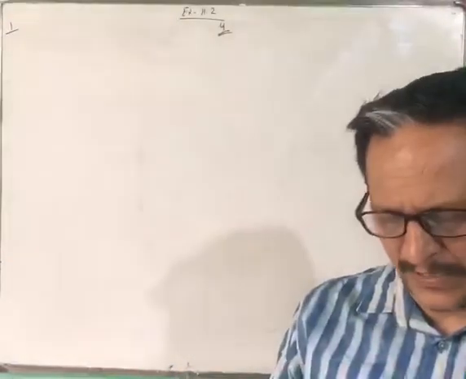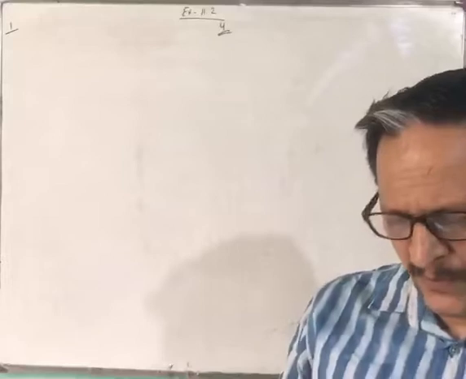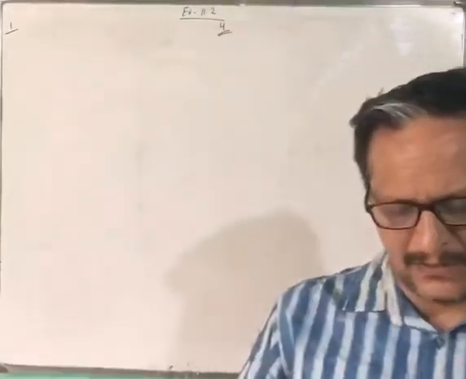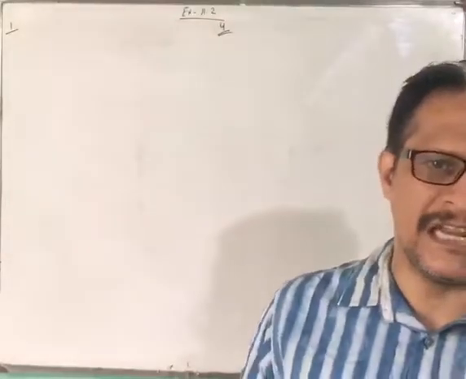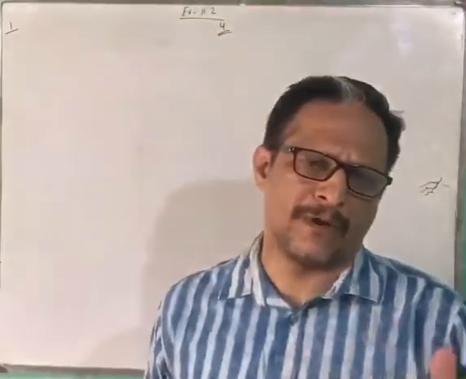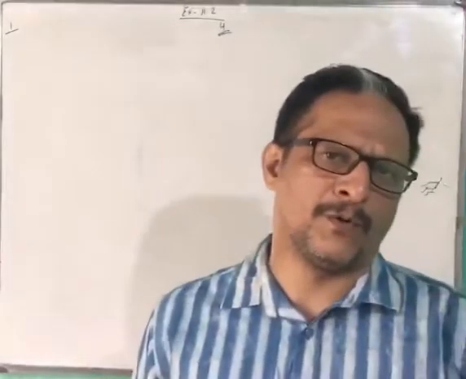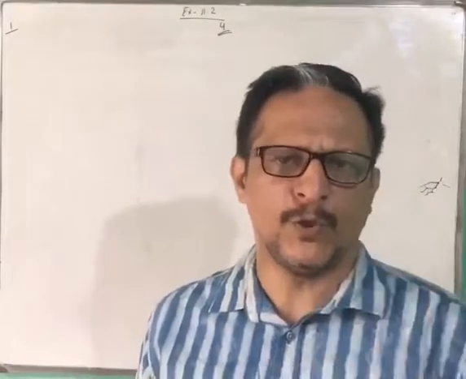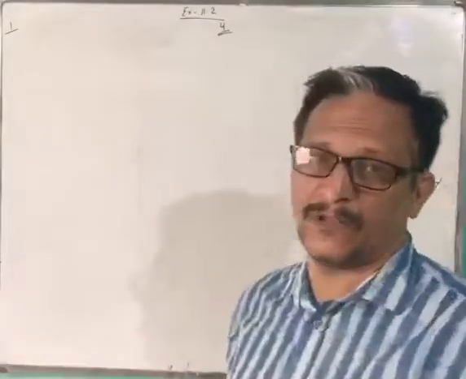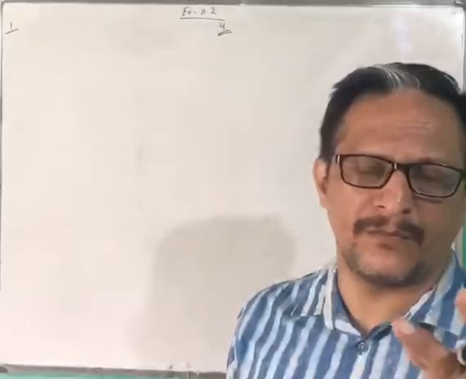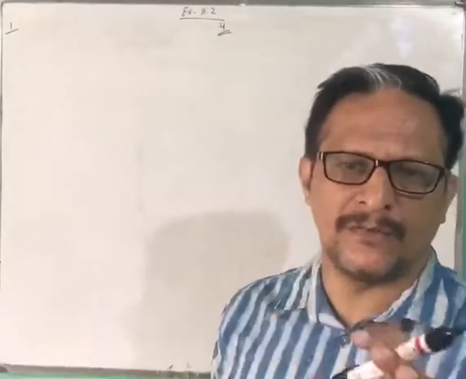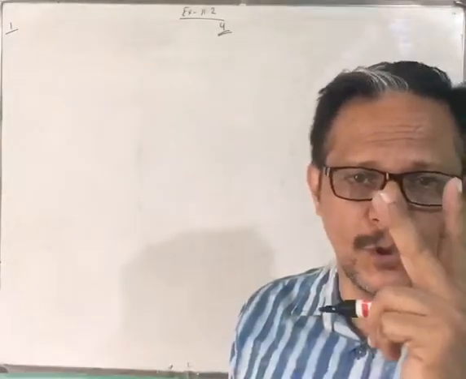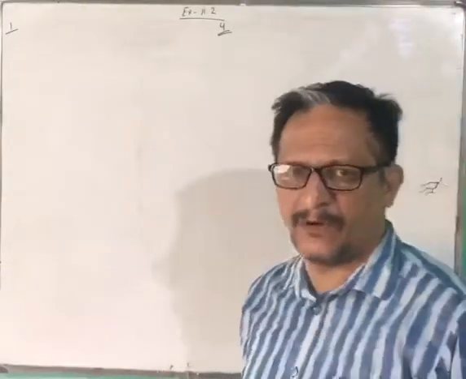Rahul invested rupees 7,000 in share for 2 years. So here he invested 7,000 rupees. This means that this is the principal, and he invested for 2 years, so the time given is 2 years. When you find out a compound interest, the number of conversion periods is 2. So you have to find out the simple interest 2 times. Then you have to find the value of compound interest.